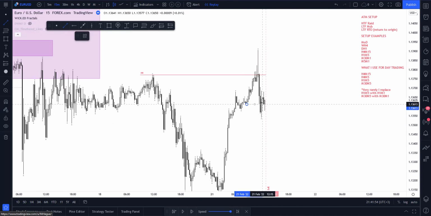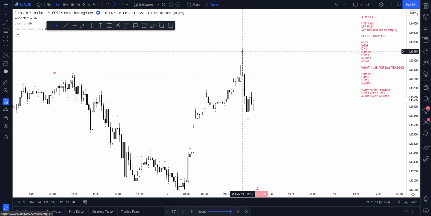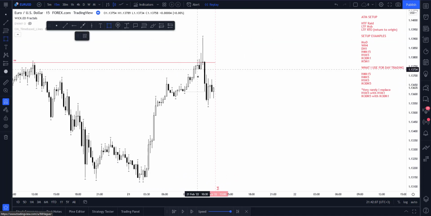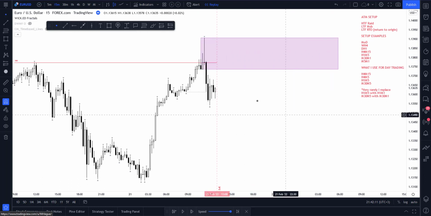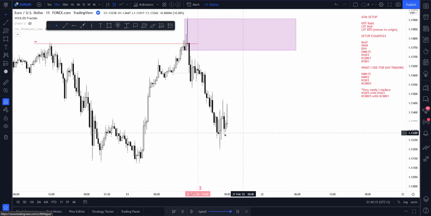Now we have a market structure break right here, right in this candle. Now what is the origin? This is the highest candle, and we look for the most recent down close candle. We go to the left, not to right. So this is the breaker, and we mark the low of the breaker to the high of the rate candle. This is the whole origin zone. We might not get a test. Okay, we didn't get a retest, but